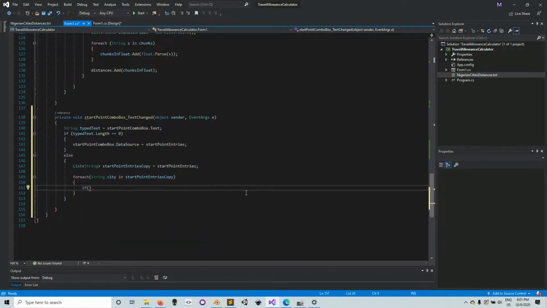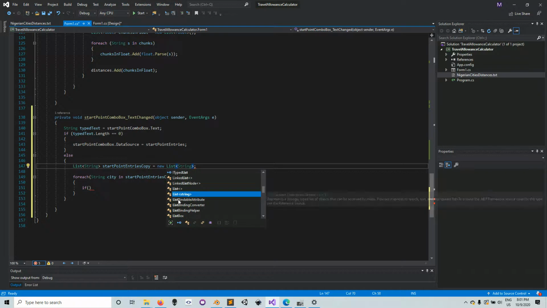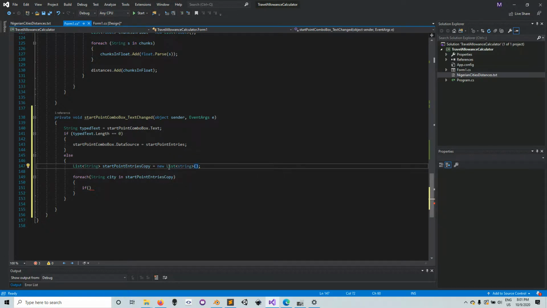Okay, I can see a little issue. Rather than making a copy here, let's just declare the start point entries copy and initialize it. It's called new list string. So we've just created a start point entries copy and initialized it. This is not actually a copy, it's just an empty list where we intend to copy the filtered items of the start point entries into. Okay, so here we're going to say if